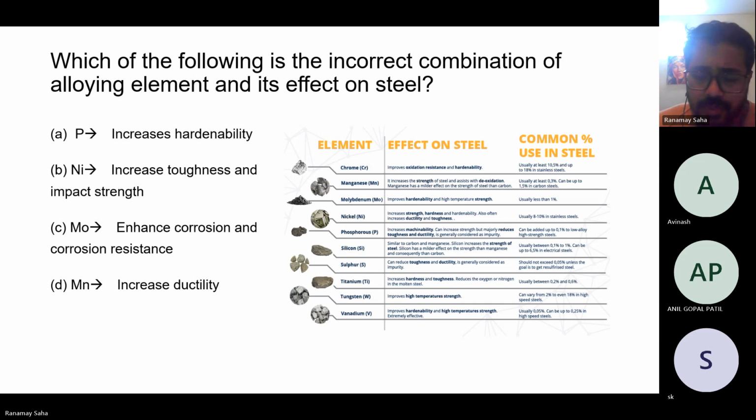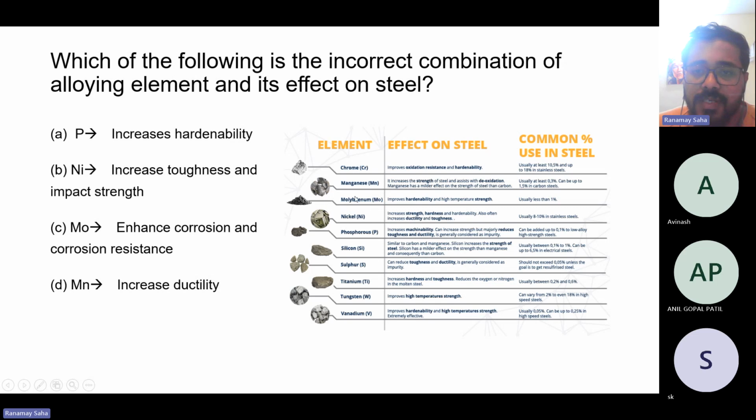Whether you want strength, hardenability, high temperature or cryogenic resistance, or you want the product to be highly machinable, ductile, tough. Depending upon those things, the steel is doped with different kinds of materials like these, such as chrome,